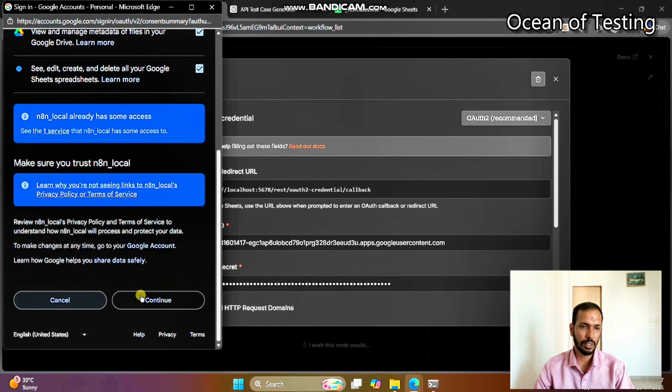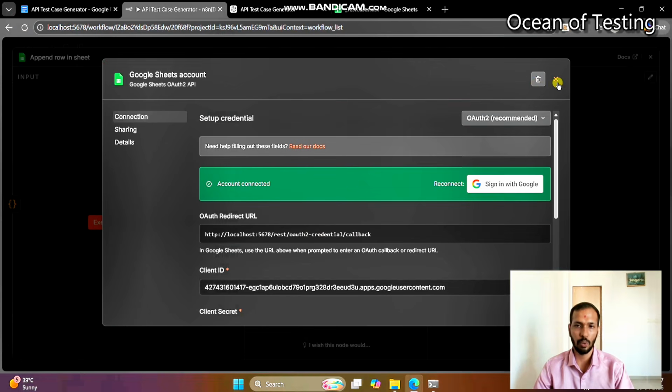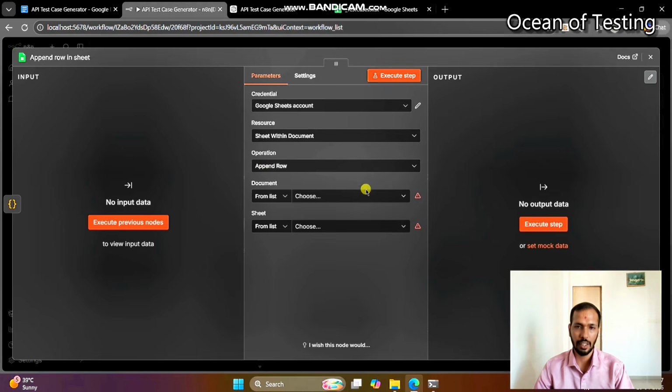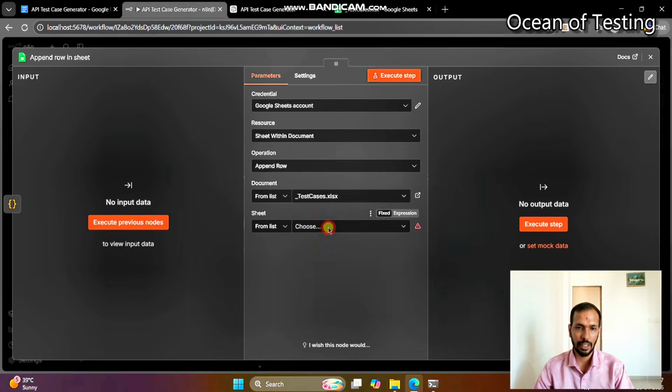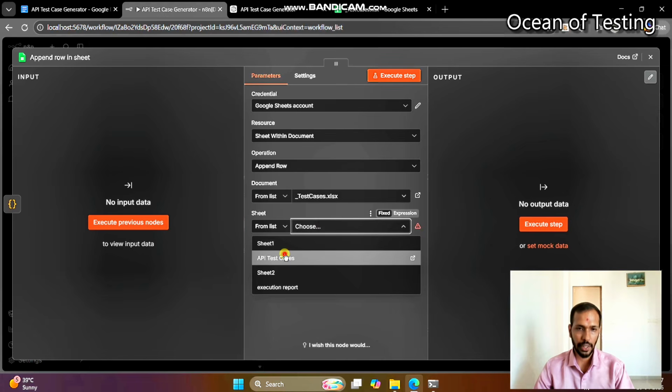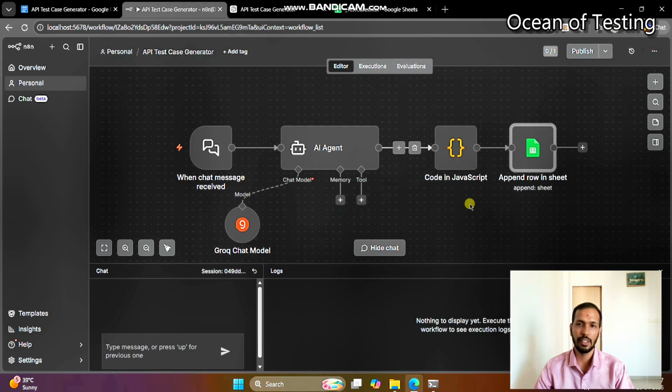Simply click on continue and it will automatically sign in with our n8n agent. So our authentication is done and simply click over here, select the test cases sheet and choose the API test cases subset. We will map each column manually in later stages.